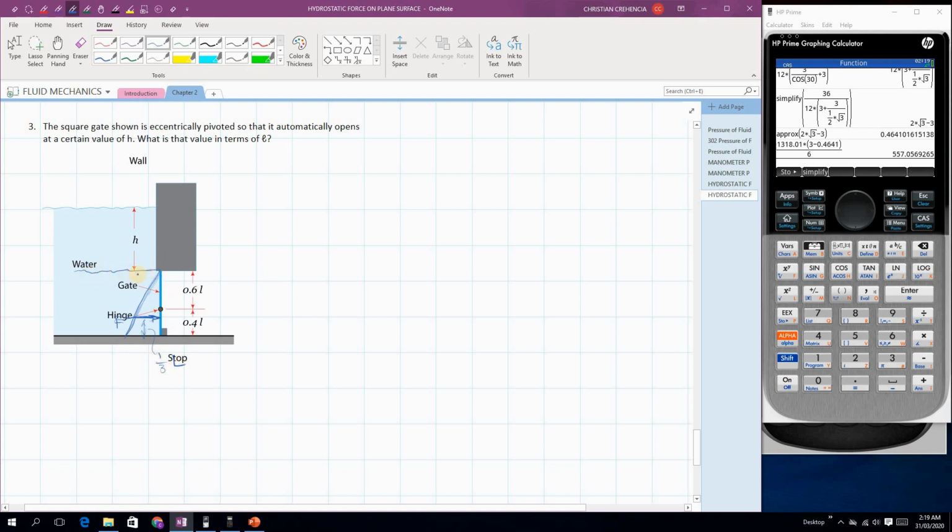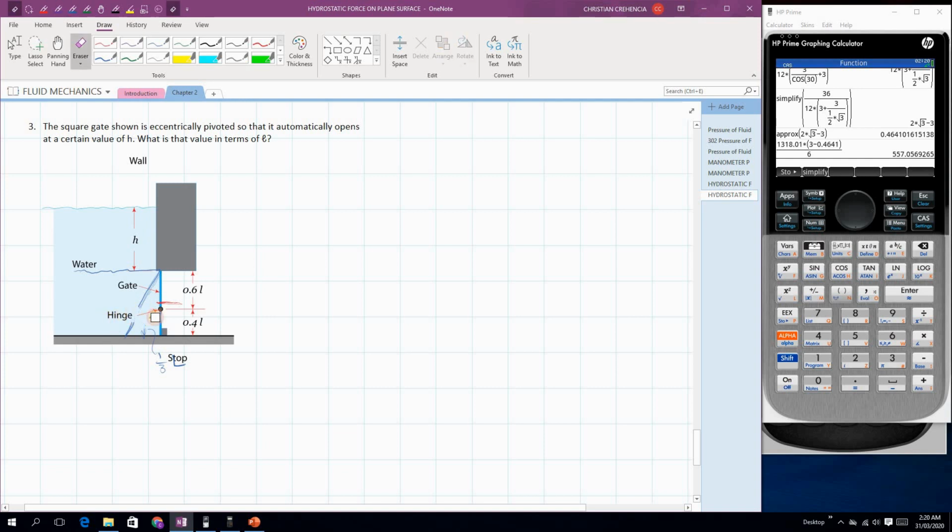If yung liquid surface is hanggang doon sa may ibabaw ng gate. Okay? Then habang tumataas, let's say ito yung gitna, no? Somewhere dito. Okay. So habang tumataas yung liquid surface natin, so yung force F natin is tumataas din or yung distance E natin is paliit. Okay, up to a certain height H, then yung hydrostatic force natin is